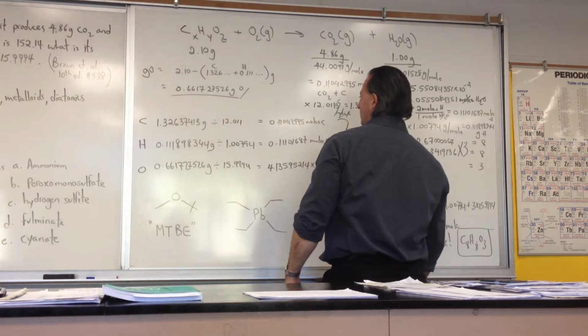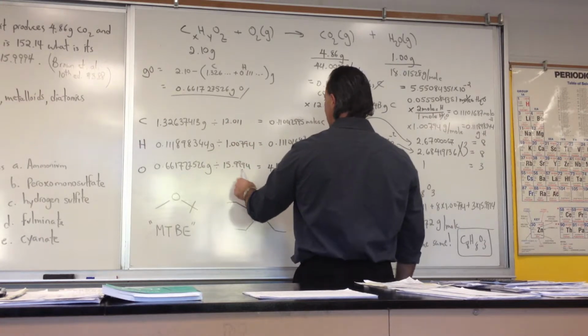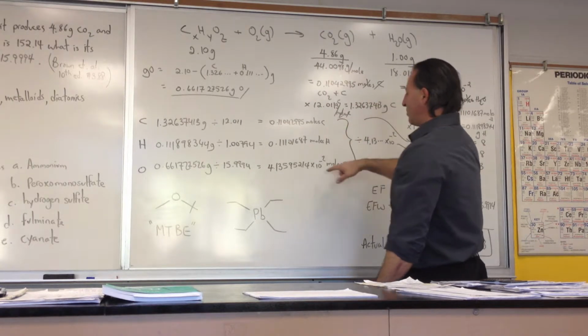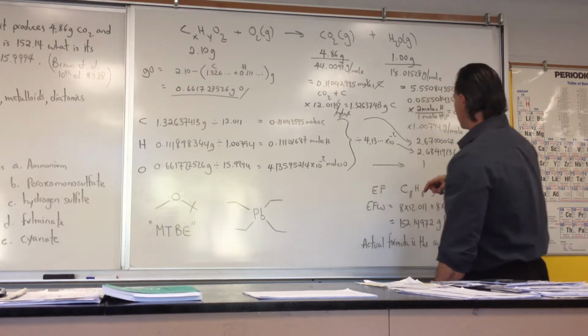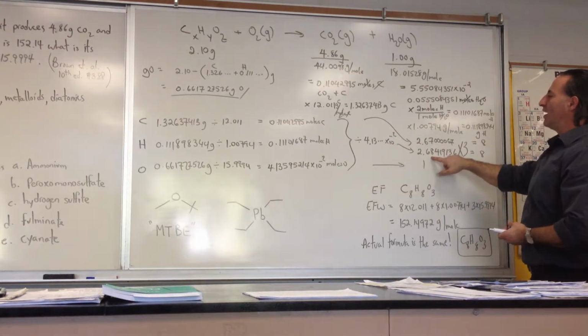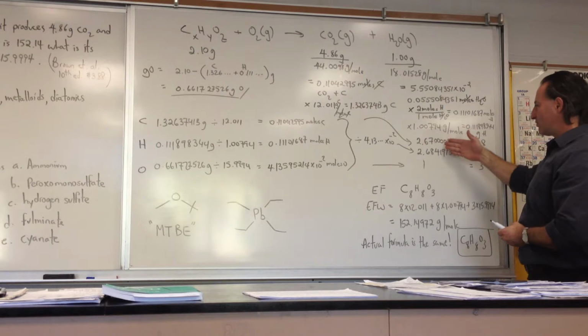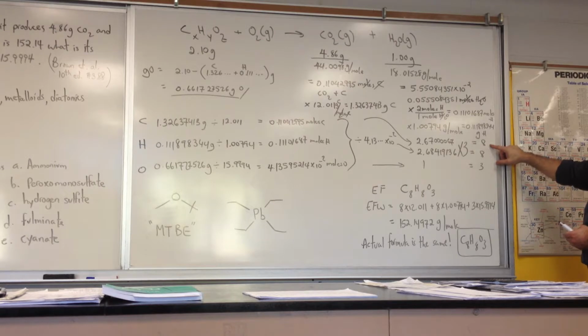We then took the masses of each one of the elements present in the molecule, divided by the molar mass, and it gave us the moles of each element present in that sample. Then we divided by the smallest number of moles in the sample, we see 4.13, etc. And we got this proportion, 2.67, 2.68, and 1. Now you can't have an empirical formula with fractional amounts of atoms in them, so we have to multiply these numbers by a whole number value that will result in whole number atom amounts. And we found out that multiplying 2.67 by 3 gives you 8. And the resulting empirical formula is